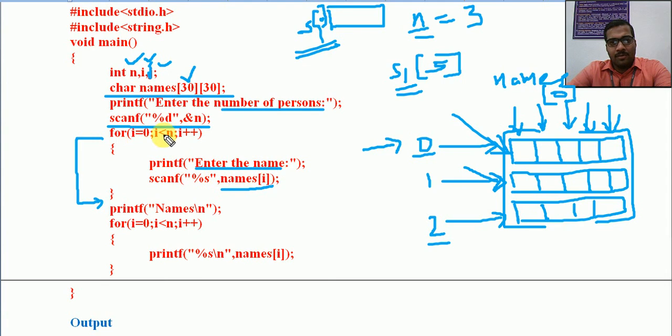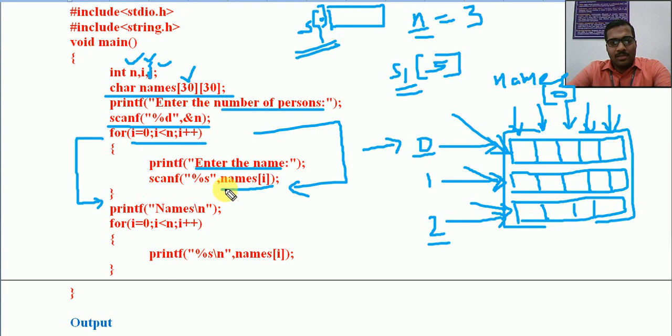Again I will be 2, increment, enter the name, scan names of 2. This row value will be taken into the character array. So we are having 3 different character arrays together to form a 2-dimensional character array. That's all. This is the way in which we are reading. So this is a very simple concept when we compare that with 2-dimensional integer arrays, because the loop is very easier. The loop, very simple loop.